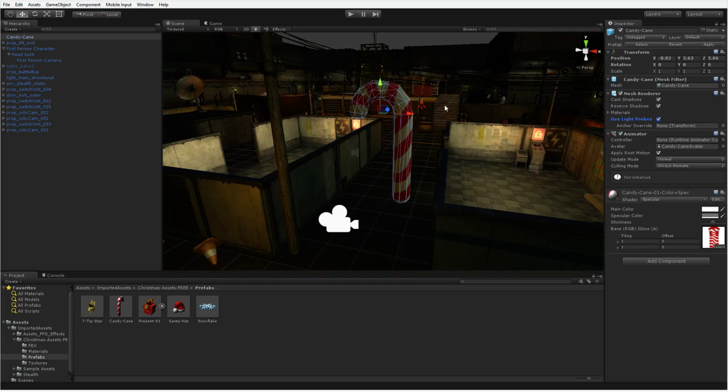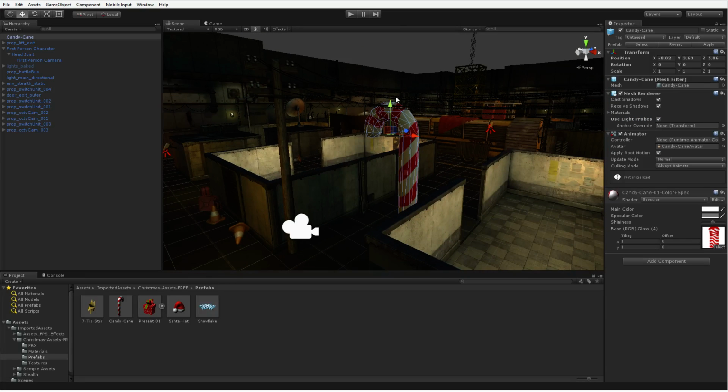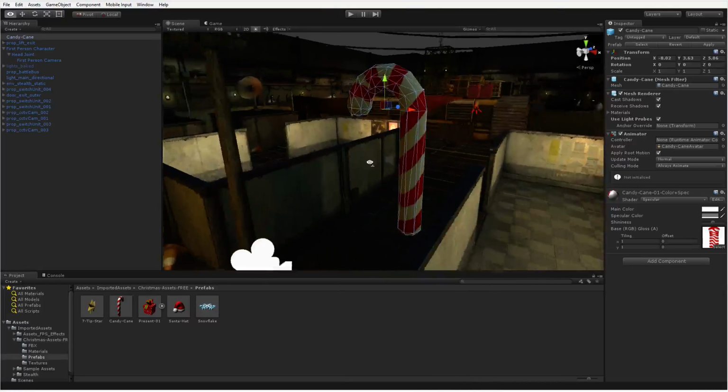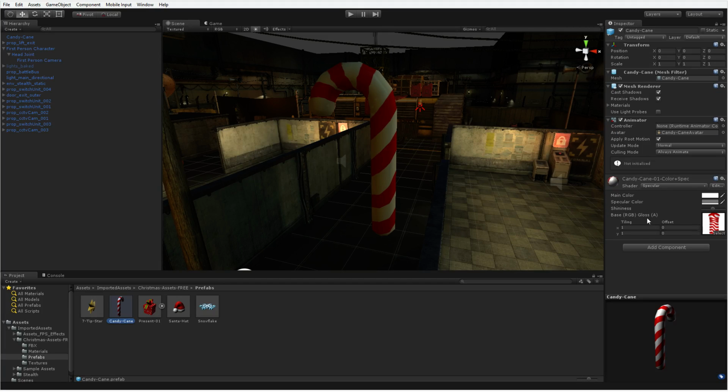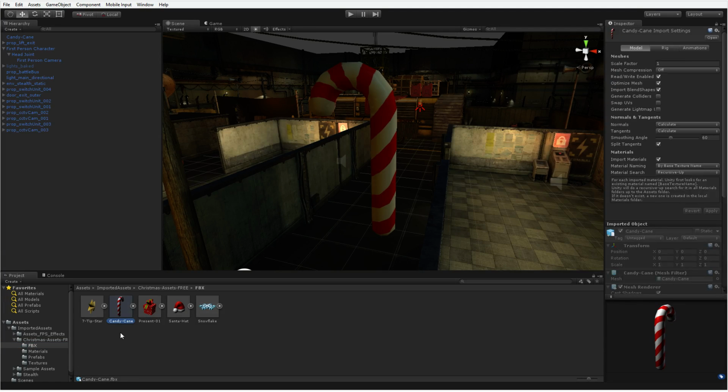The next thing I want to deal with is the fact that it's just way too big. Just a giant candy cane. We looked at the prefab candy cane, which we actually didn't really need. I thought it had something, but it didn't. So what I want to do is go to the FBX, the actual file itself, and look for the candy cane model. It says at the bottom, candycane.fbx.